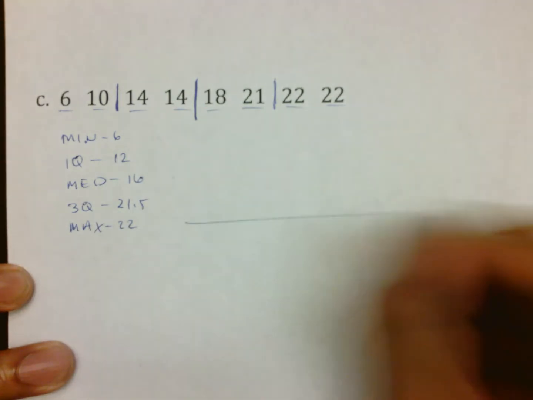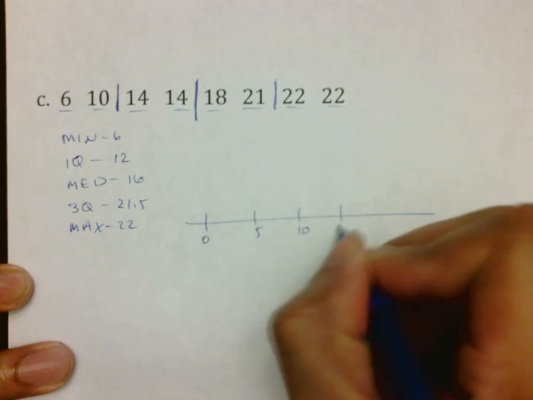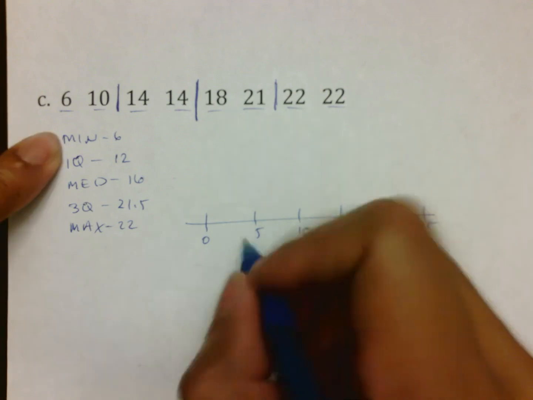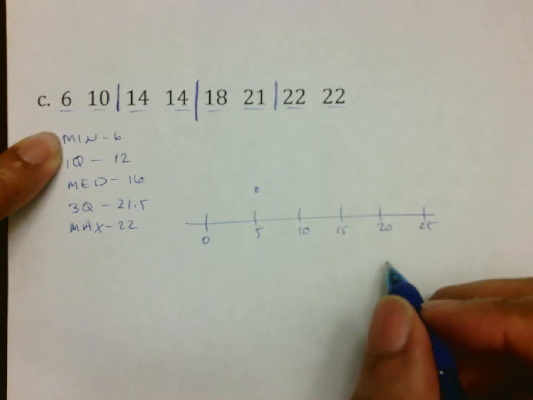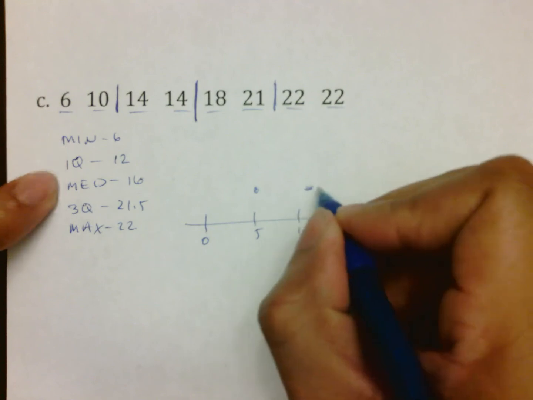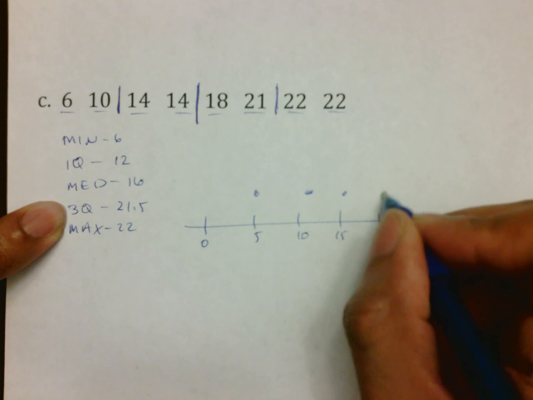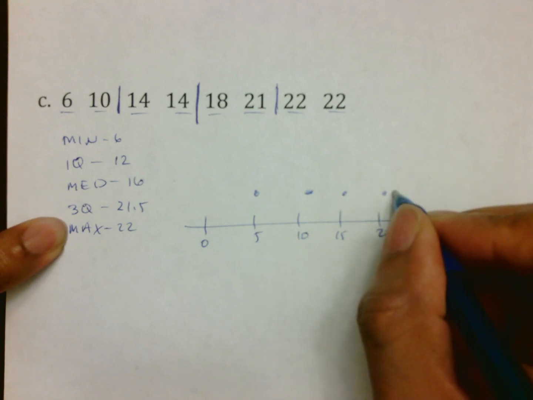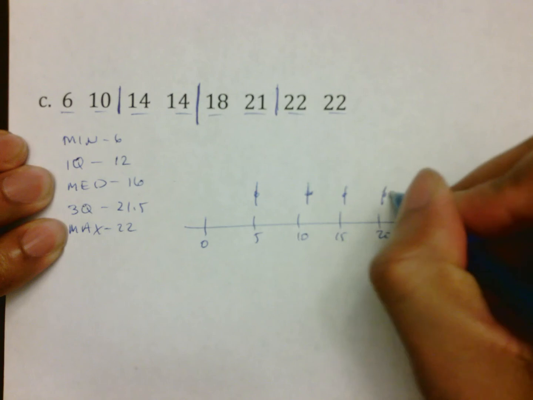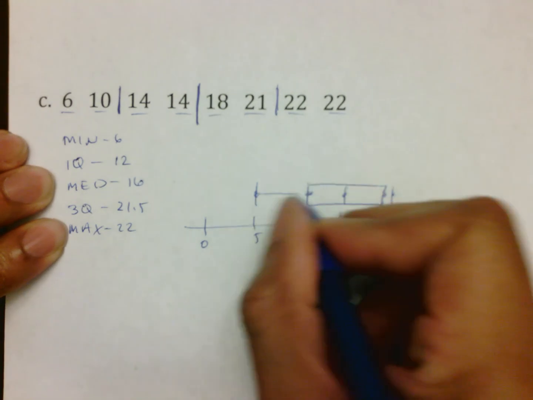Again, notice we're just going up to about 22, so counting by 5 still seems to be okay. Marking these spots, 6 is just a little bit past 5, 12 is just a little bit past 10, median is past 15, 21.5 is just past 20, and 22 of course is next to that. So in this case, again, once we draw our 5 vertical marks and make a box out of the middle 3, connecting our whiskers,